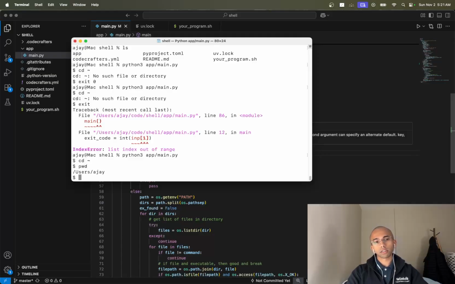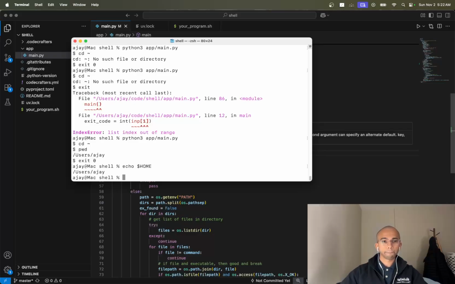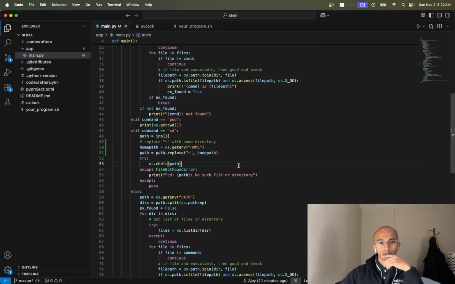Awesome. So this does seem to work. Yeah, this is actually pretty interesting why replace doesn't modify the original string, but then I do know that strings